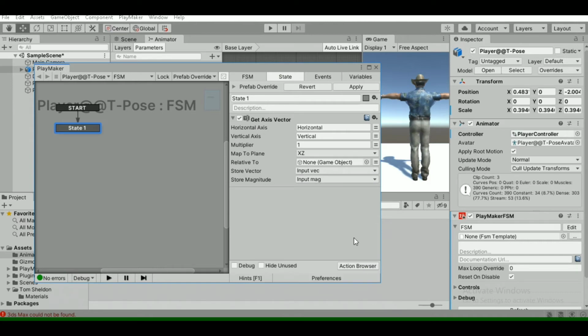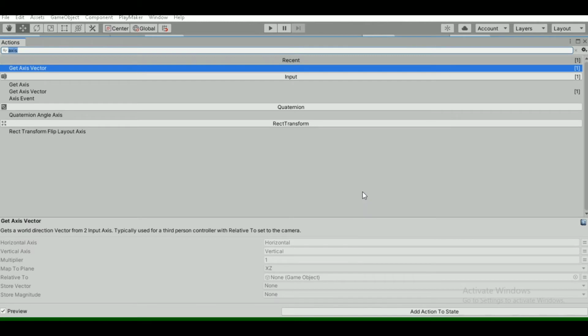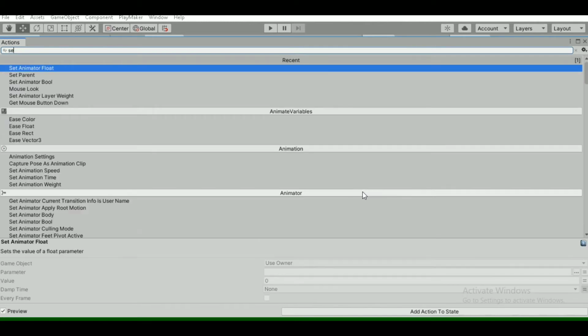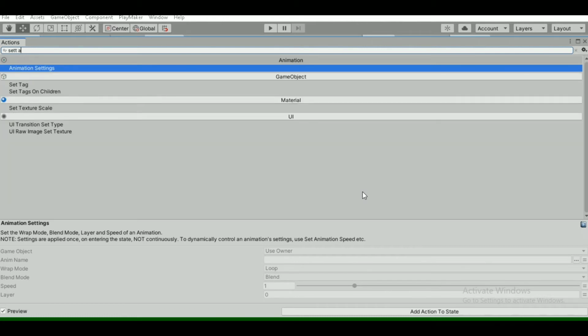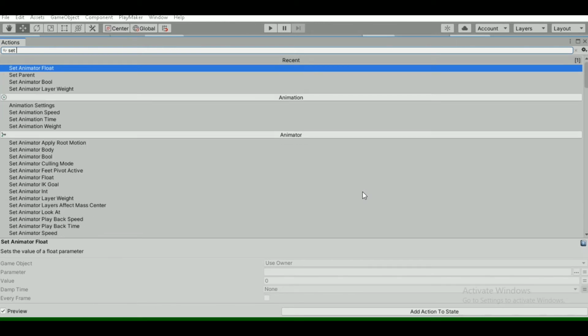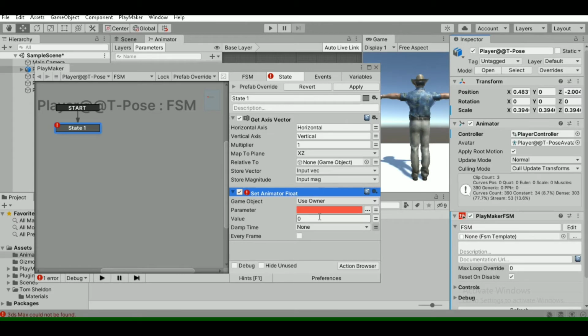And second, just need to add another action called set animator float. Just press enter, and here just click on this magnitude.